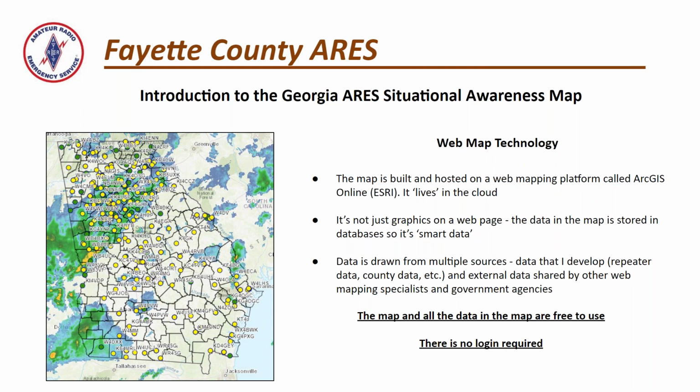All the data in the map is stored in databases. Most of it's in relational databases, so it's smart data. And it's drawn from multiple sources. Really, the only data that I personally develop and maintain that you see in the map is the county laydown, the repeater information, and then the laydowns for things like the Georgia hospital regions, the GIMA regions, and of course the ARES regions. Everything else is data that is provided by other folks who participate in the ArcGIS Online ecosystem,